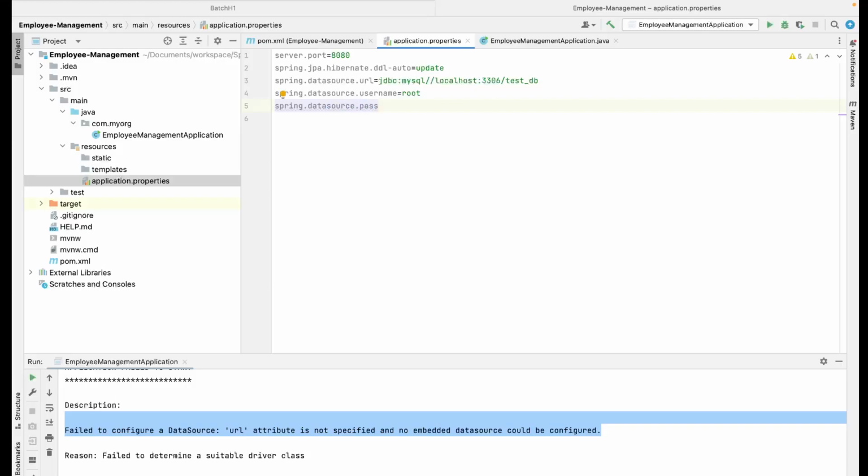Spring.datasource.password is equal to welcome1. And I need to load some driver as well. So when you want to create a database connection, you remember loading some JDBC driver as well, and then